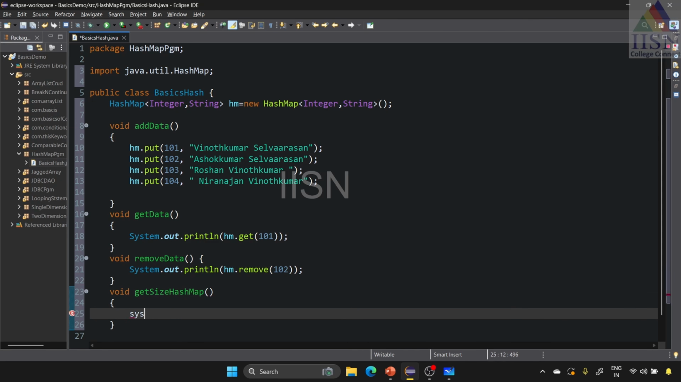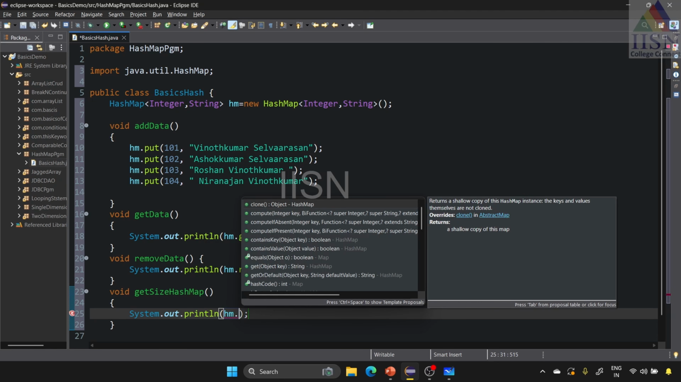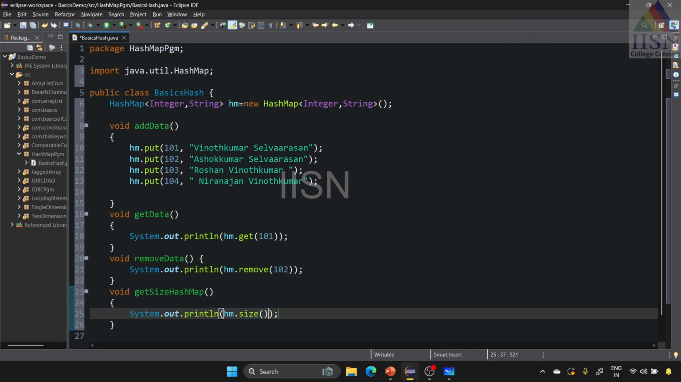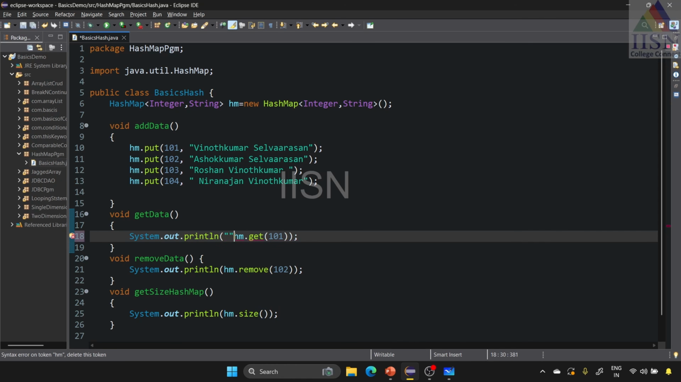Here I'm just going to use this out. Inside this I'm going to use the hash map object, hashmap dot. We are going to get the size, and for that we are going to use the method called size. In front of each system.out.println, I'm going to print some text in double quotes: get the value on the key location